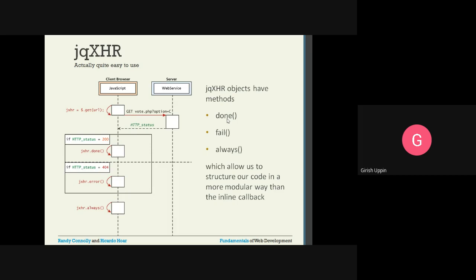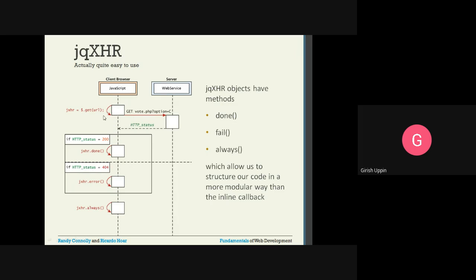Suppose that request fails, meaning for some reason the database cannot be connected. If there is an alternate database or alternate source of the data, then in the fail method we can use that. Irrespective of whether it is successful or a failure, if you want to implement something, that can be included in always. That is how we can make our code very modular.